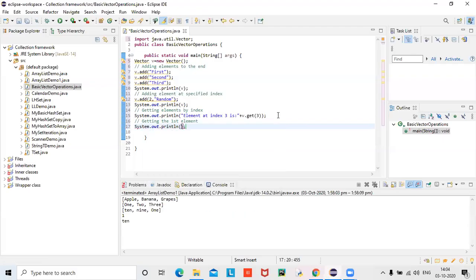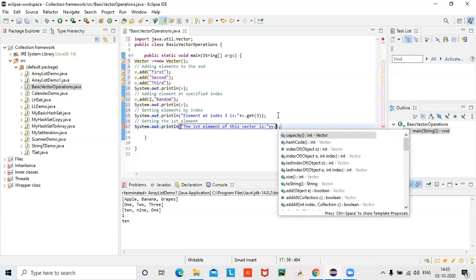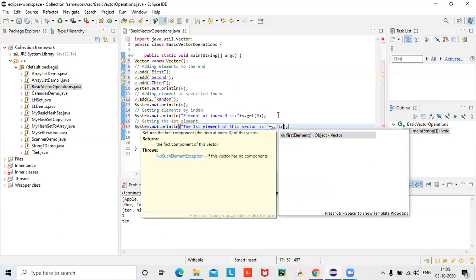The first element of this vector is v dot first element.